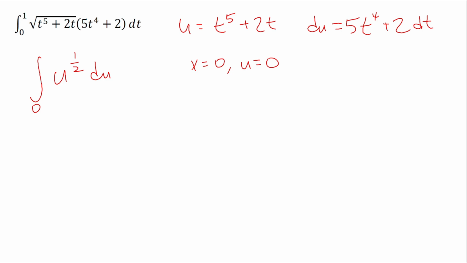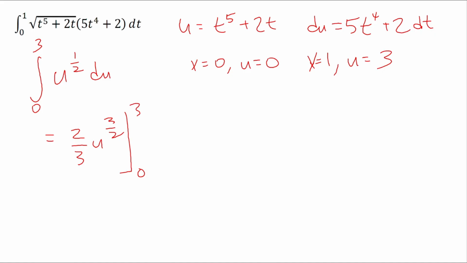But when x is equal to 1, then u should be equal to 1 to the 5th plus 2 times 1, or 1 plus 2, should be equal to 3. So our new limits of integration here are going from 0 to 3. And so we'll integrate. That gives us 2/3 u to the 3/2, evaluated from 0 to 3,